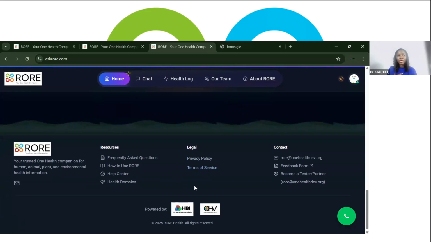Whatever data is collected at the back end of the platform is used first of all for our M&E, and also in case there are any health reports or things that we think should be notifiable to the government, for example. This is also something we want to be able to use Rore to do, so that in case we see a spike in queries on a particular topic, we can act as a tool or a contributor to disease surveillance mechanisms or systems in communities